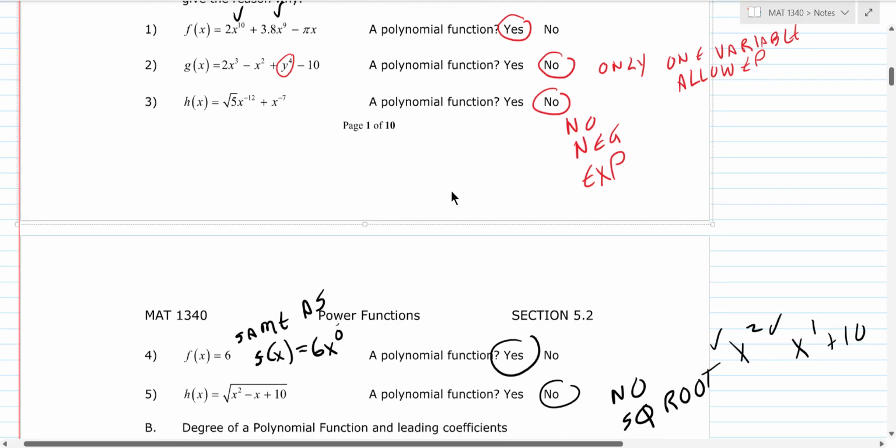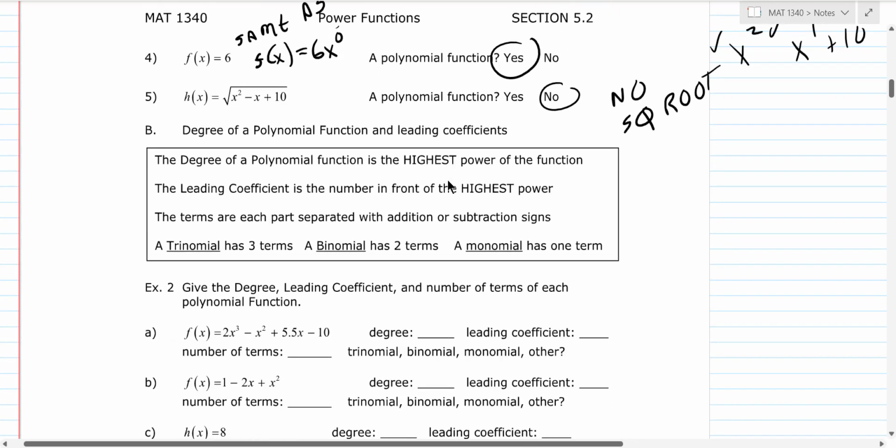Okay. All right, so the next thing we're going to look at is, again, more terminology. A lot of just vocabulary is what I want to get through today. So the degree of a polynomial is the highest power of the function. Okay, we'll look at that with some examples here. So you find whatever the highest exponent of x is,